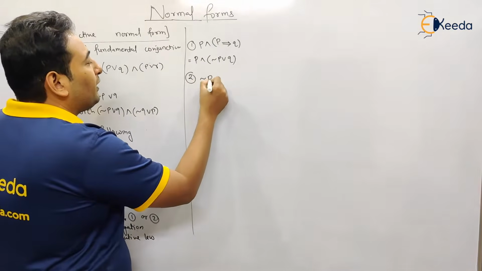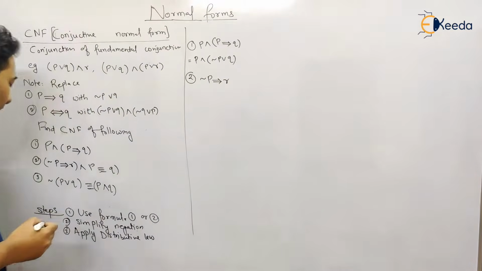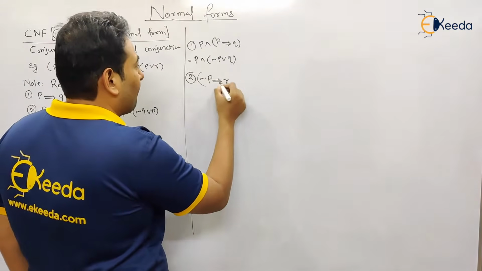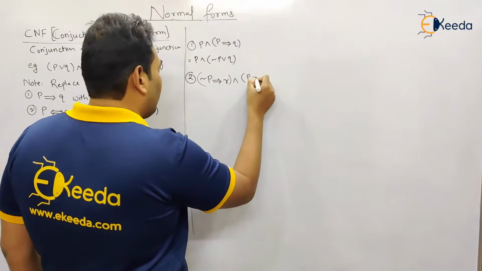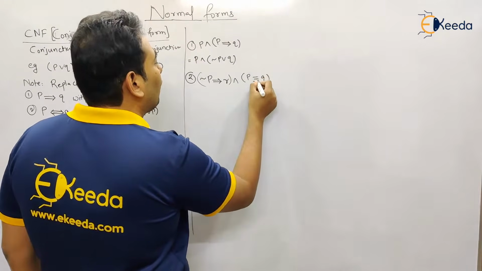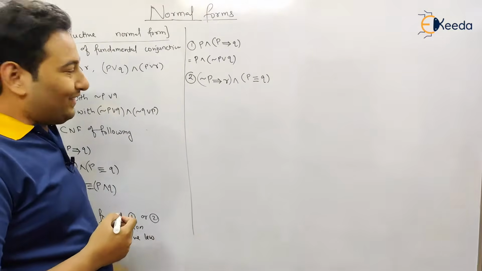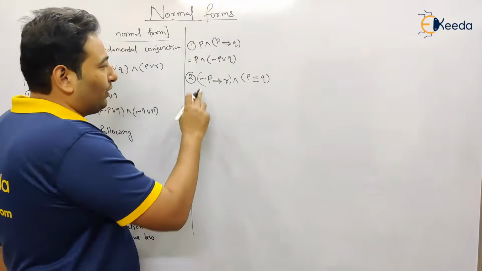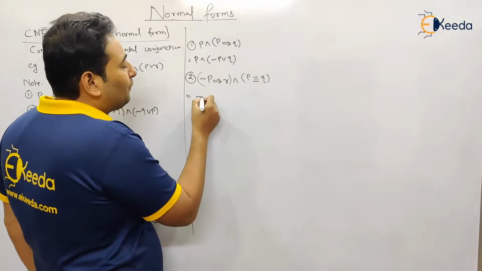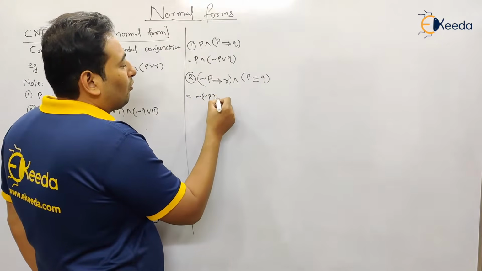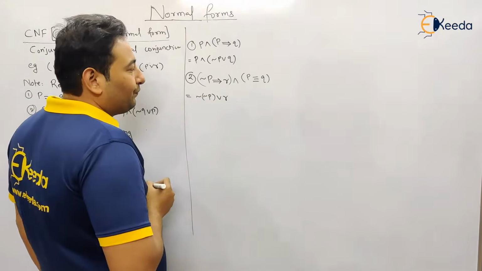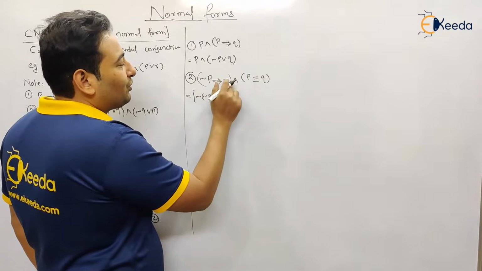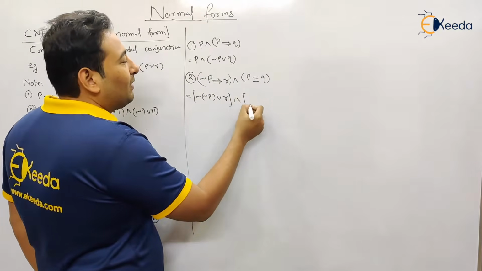Negation of P implies R and P double implies Q. So this is your next formula. Let's talk about it. Since it is implication, that will be negation of P or Q. So that means negation of the first term or Q, Q meaning the second term. So negation of the first term or second term. So this is the meaning of this particular statement, and here it is double implication.